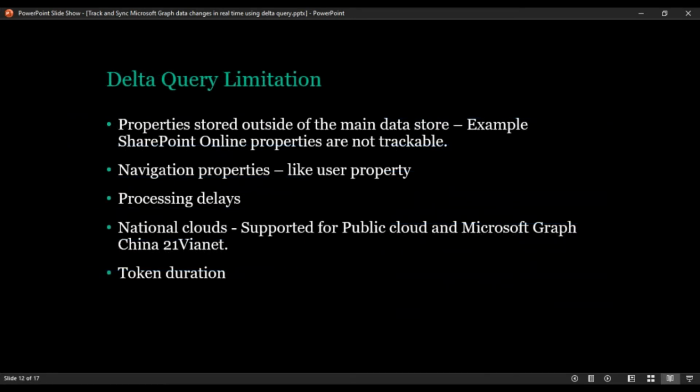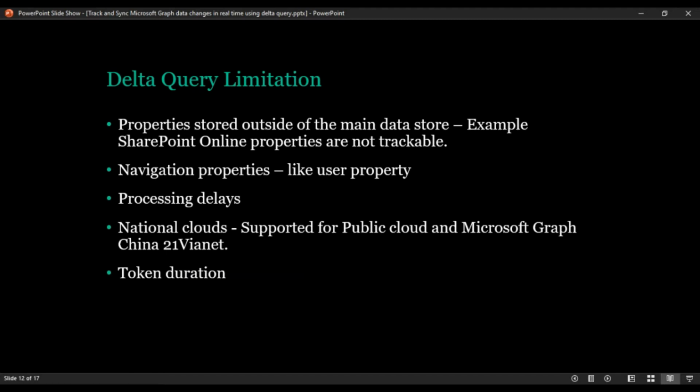Coming here are some other limitations with the Delta query. For example, if your data property is stored outside the organization: if you take user profile data, some property data is stored directly in SharePoint Online, and some properties are directly stored in Azure Active Directory.